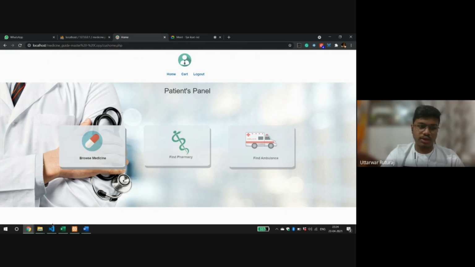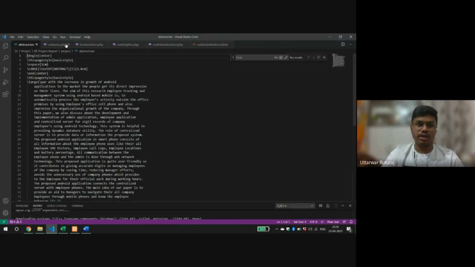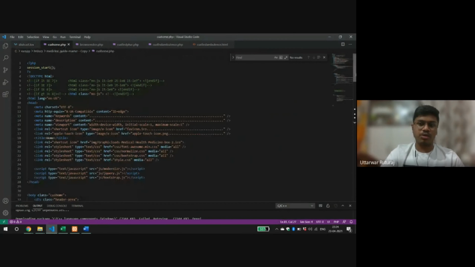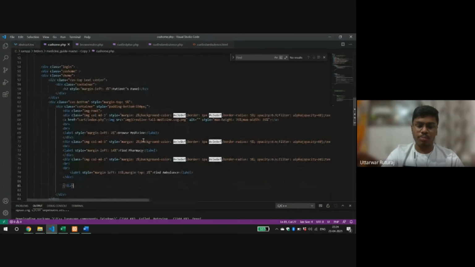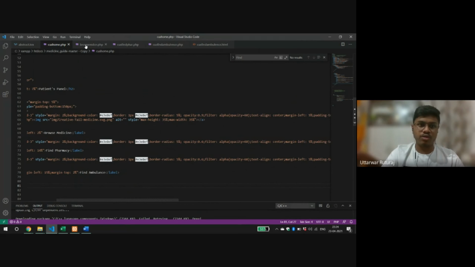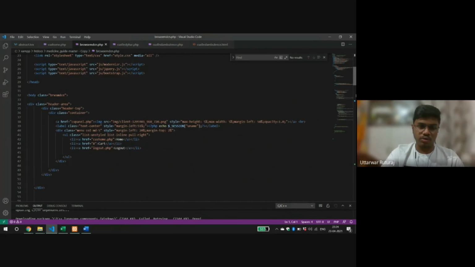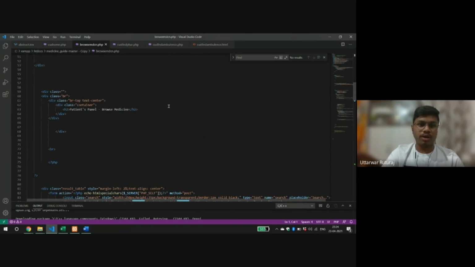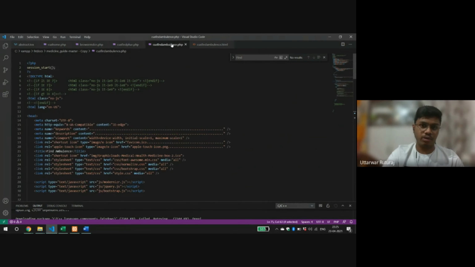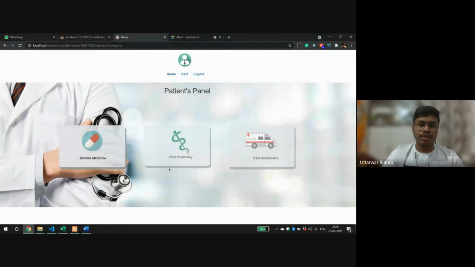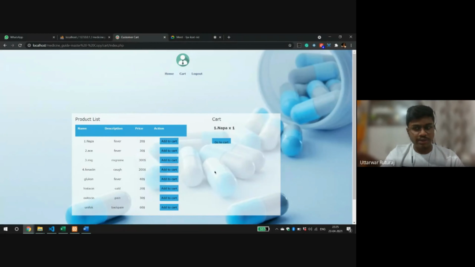And in the code, if we get a glimpse of the code, we are getting some home PHP code, and we will use the home page that we have used for features. So browse medicine, find pharmacy, and find ambulance will refer to the other tabs, and those tabs will refer to this PHP code, which will continue to add the data of that patient's panel in the browse medicine, find pharmacy, and find ambulance. So if we continue into the site, we'll see the browse medicine. In the browse medicine, we have added the contents of the main medicines that they are going to buy, and they can directly add that medicine to their cart to buy them easily.